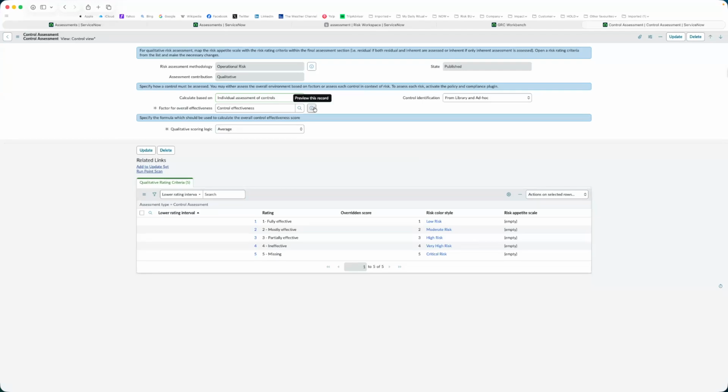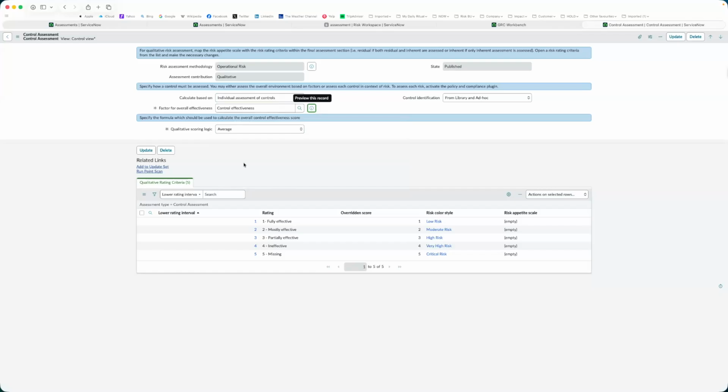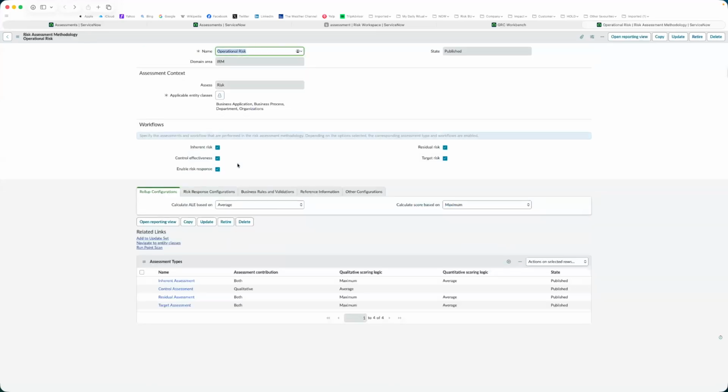This is basically the control effectiveness factor. And based on the factor responses, the qualitative ratings are applied. And again, looking at how this has been configured from a RAM perspective, as you can see, it's only the qualitative scoring logic that matters when it comes to the control effectiveness values. Now, with that, we can move forward, and we're gonna give a pass at the residual and target assessments, because